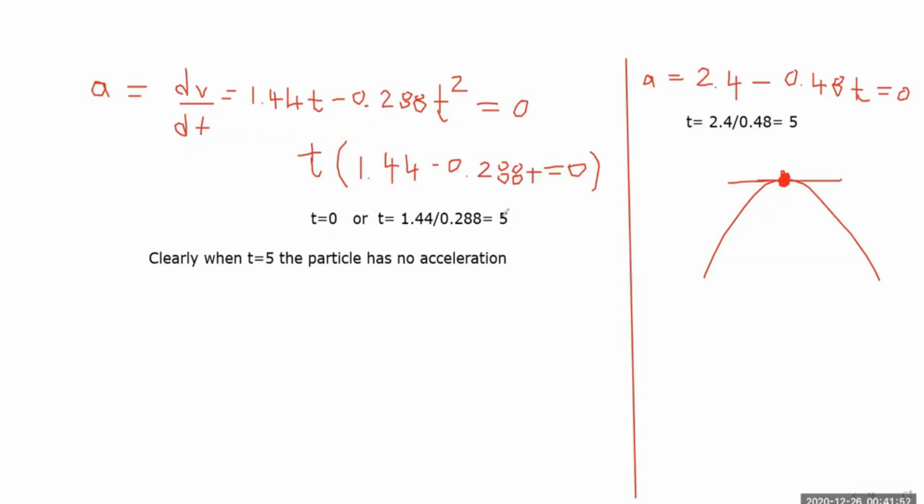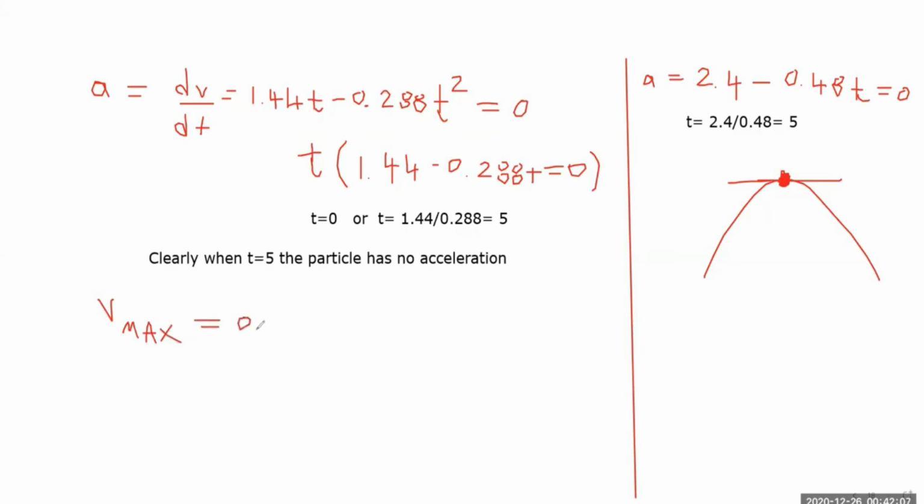So all we need to do is plug in t equals 5 to find the maximum velocity. So I'm going to call it V max. The maximum velocity V max is going to be, we just need to plug in t being 5 in the formula,